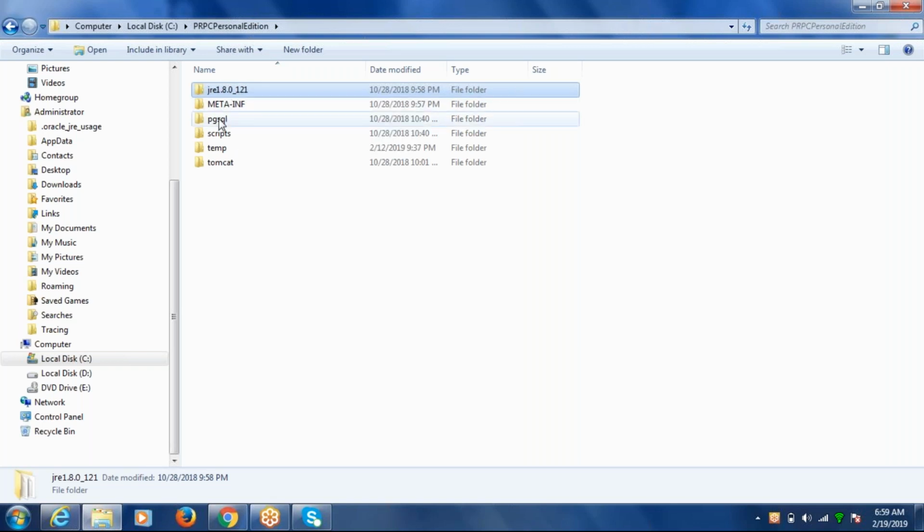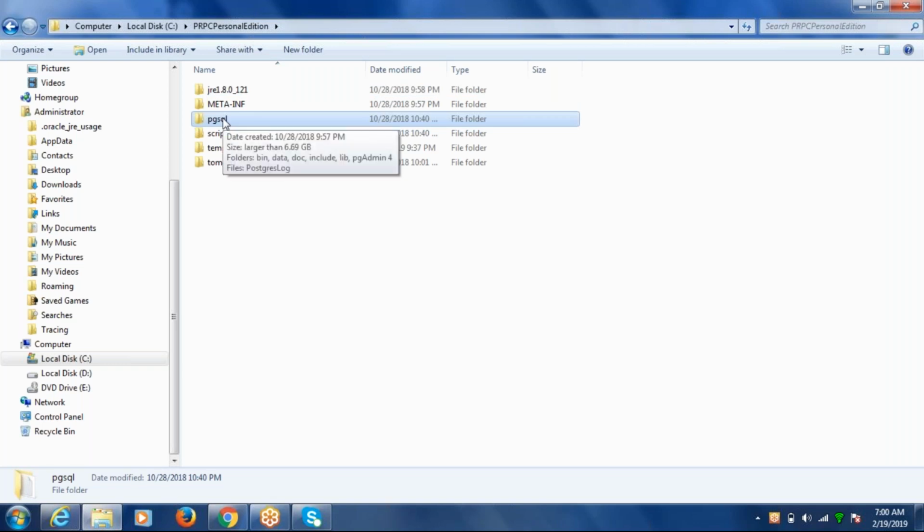And to run the Pega software, it requires a database as well. The personal edition is using PostgreSQL. Anyways, this is supportable for any kind of databases, but the personal edition comes with this PostgreSQL database.